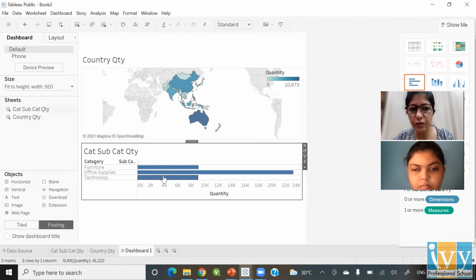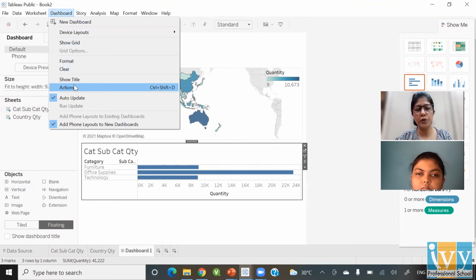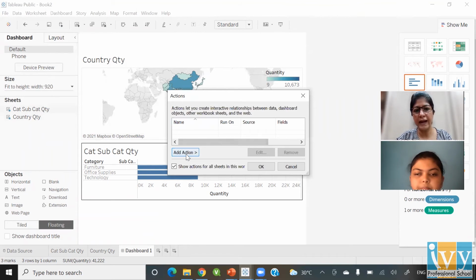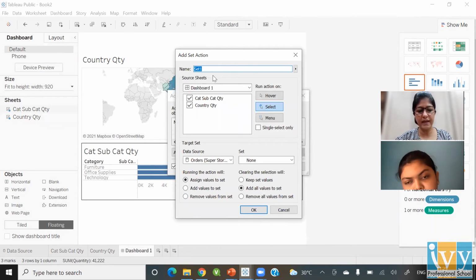Now let's create those actions that we were talking about. We can go to our dashboard, go to actions once again, add actions, and this time we will work with the last one called change set. In change set, this is category set action. What do I want to get affected?